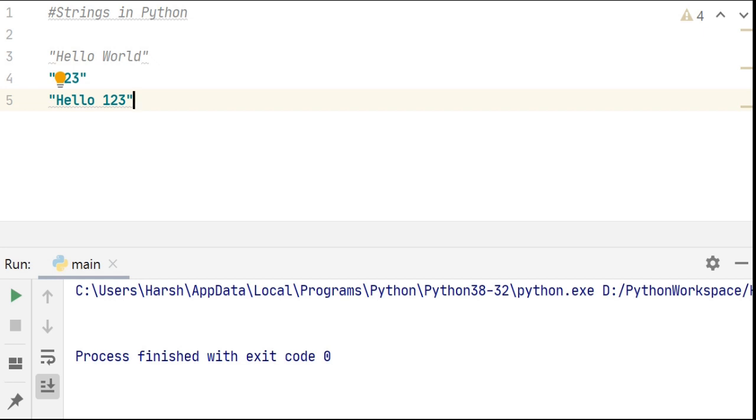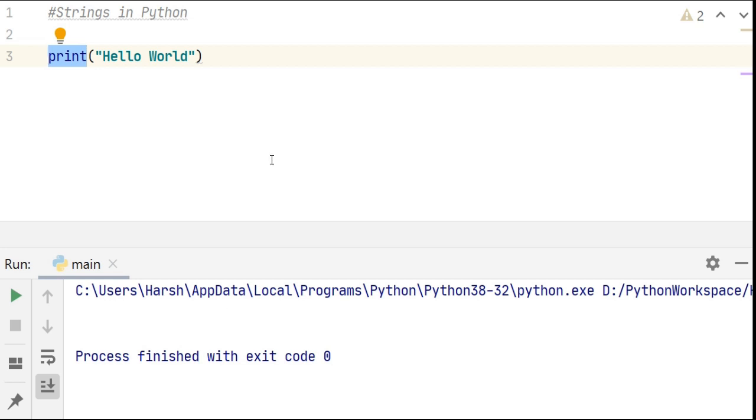Before we get into strings, let's first understand the term function, which is called a method in Python, which we have been using till now to refer to the print statement. A method is a group of statements which performs an action. So print in the bracket hello world. This is a print method. Print is the name given to the method which prints something on the console.